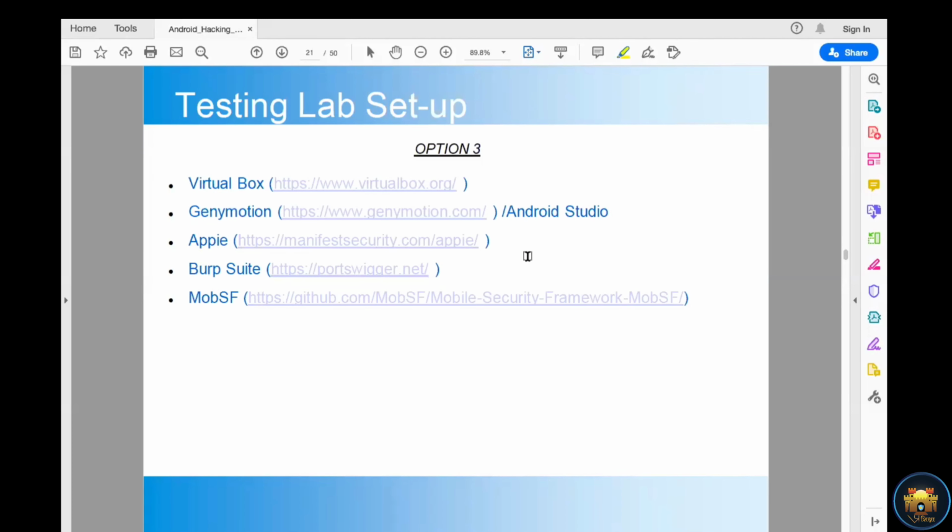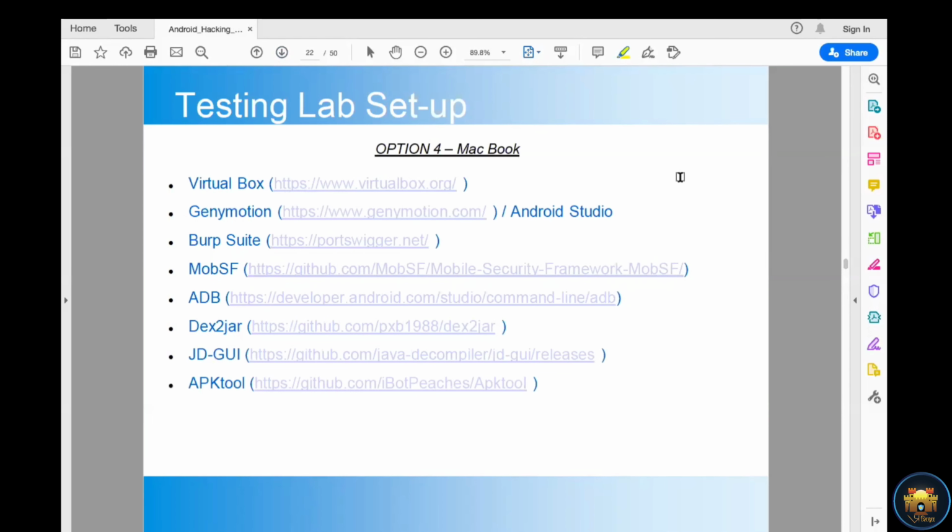It has all the tools listed which are required for penetration testing of your Android applications. Apart from this, all other tools are the same. So you need to install VirtualBox to set up Genymotion as well as Android Studio. If you are using a Windows system, you can use this one. But there are other tools available in the market right now; I'm just giving the options.